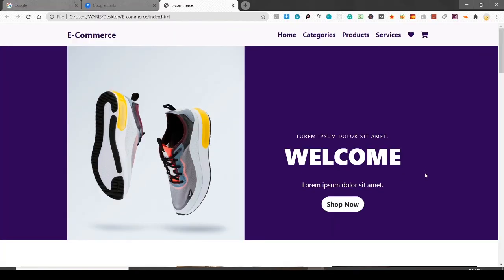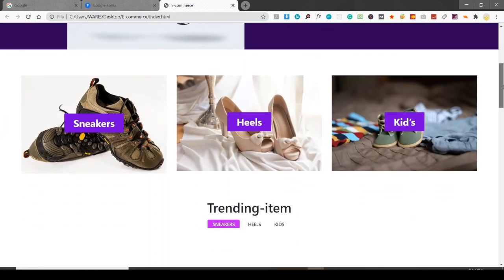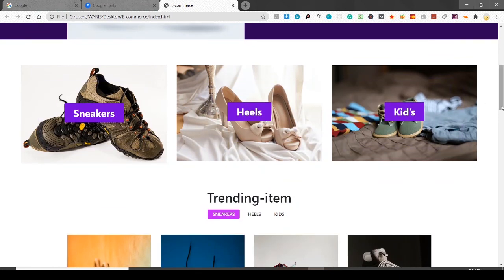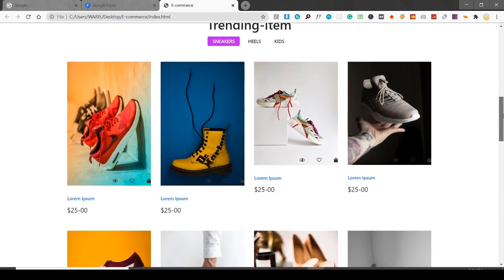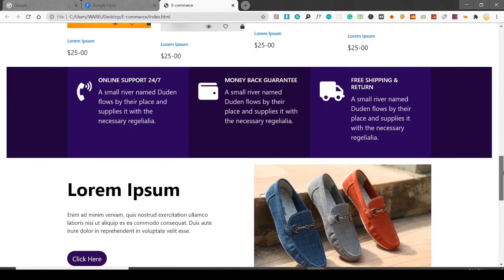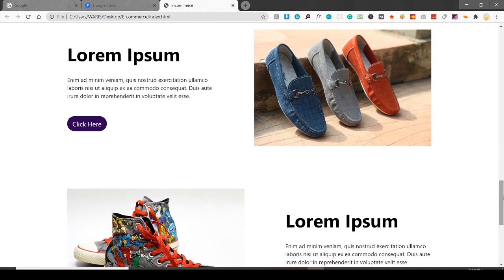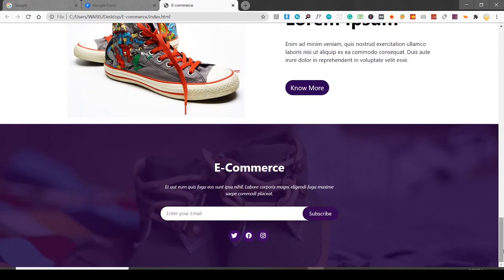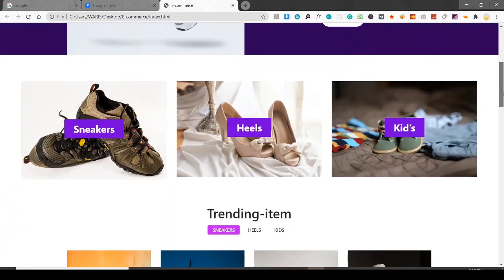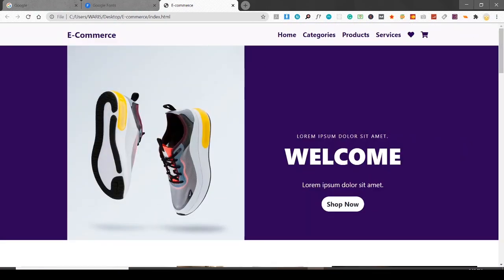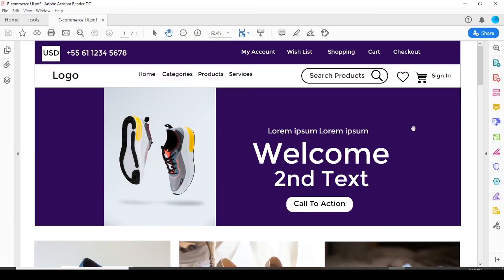And today what we are going to do, we are going to complete it actually. So what is the completeness I'm talking about? We are going to create this nav bar and the banner, and then this categories section we have done with, but the things which were left here, we will complete them today. And here is the next one, this services section. This is a kind of about us section, you can see, and this is the footer section. So this is what we are going to start today, and the rest which is not going to be completed by us today is this top nav and this main menu,